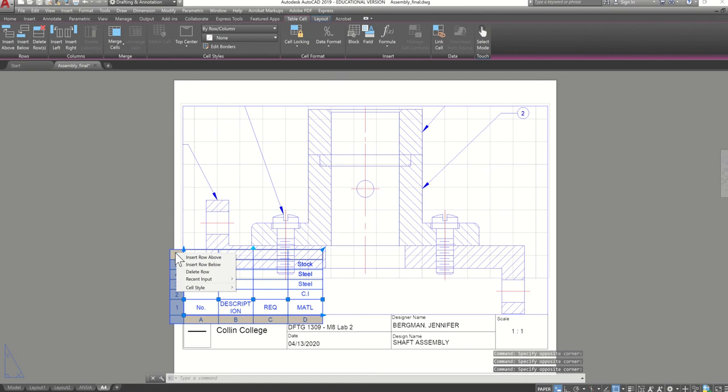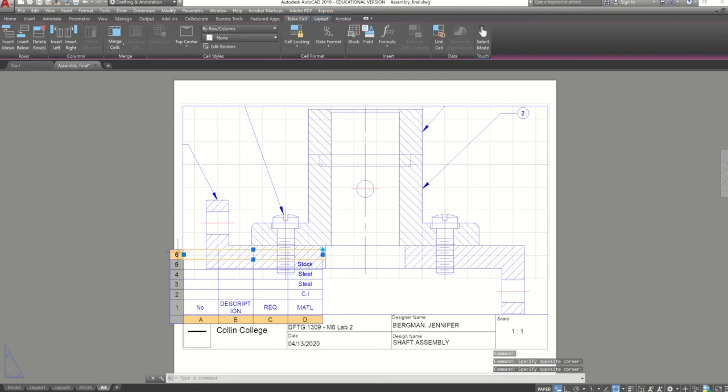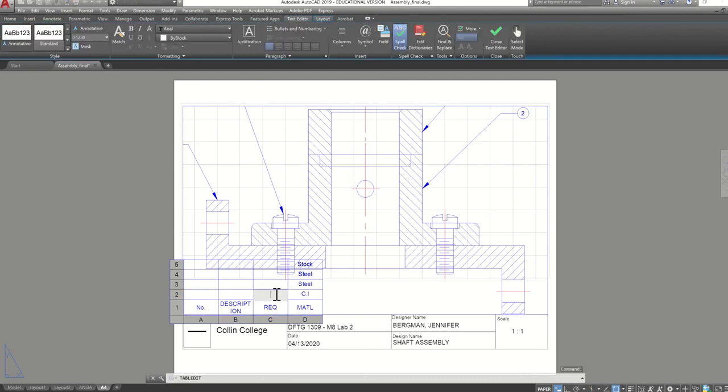I'm gonna select this row by clicking 6, and then, okay, oops, okay. Click this row, and then right click and do delete row, because we don't need that row. All right, to get back into the text editor, just double click on that cell, and this is gonna be 1,